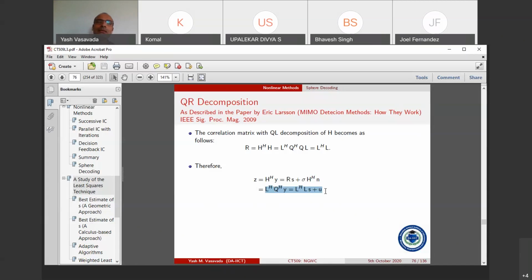Remember, we are doing this as of now to try and simplify the decorrelating detector so we don't have to perform explicit matrix inverse. And if we can cast the problem in terms of either lower triangular or upper triangular matrices, then we don't have to perform matrix inverse, because